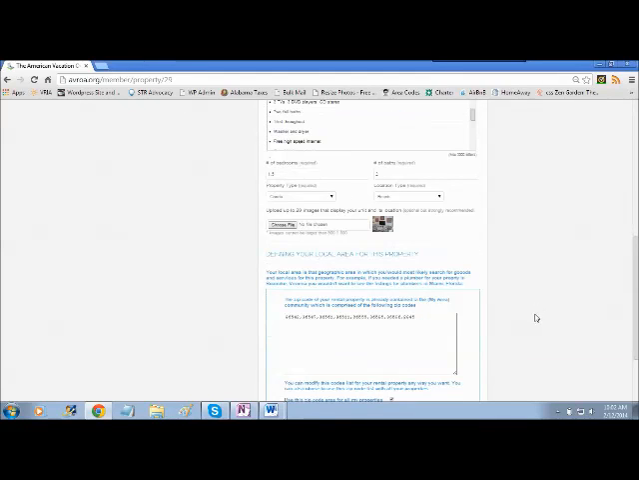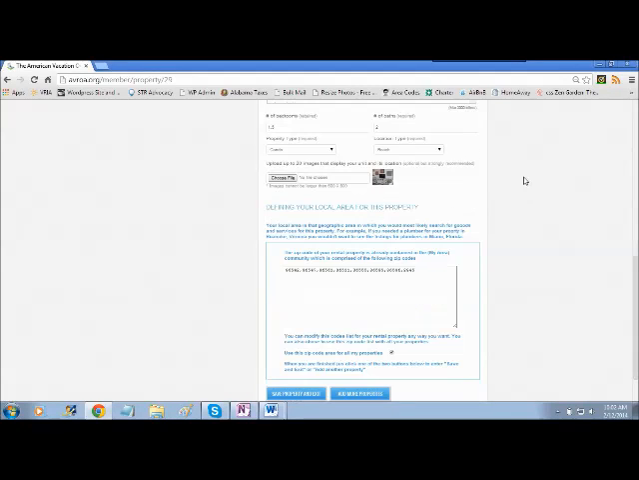And going down a little farther, you can see where you can pick a thumbnail, which is that little thumbnail that goes next to your brief description on the rental listings. And then a little farther down, you'll see where it says define your local area for this property. And what this is all about is regionalizing data to make sense for the specific rental property area that you're